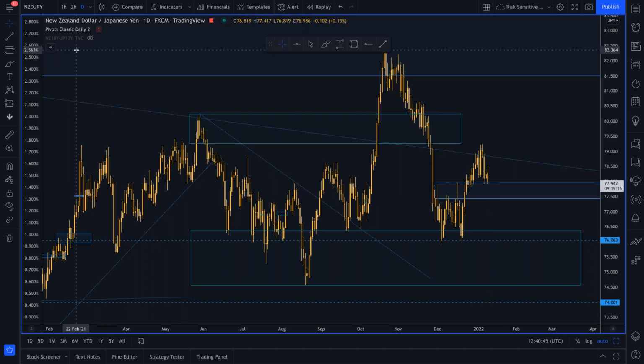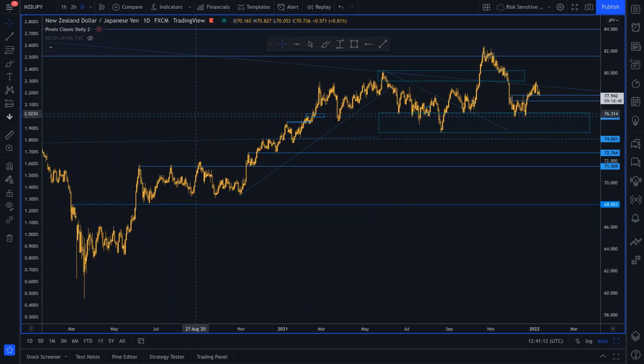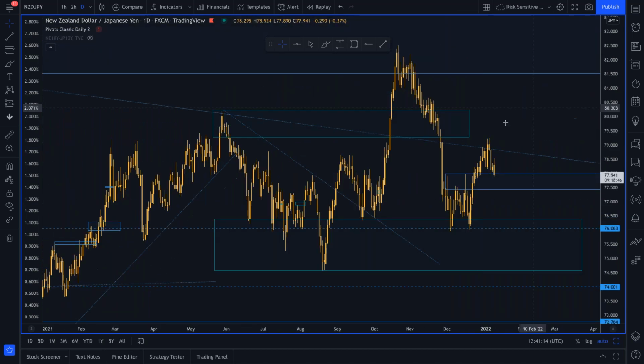Now, the interesting thing about this pair is that the Reserve Bank of New Zealand projects to raise interest rates to 2.6% by the end of 2023. So in other words, they're expecting to go on a very large interest rate hike profile. They're currently at 0.75%, so they've got to go just short of 200 basis points higher. When a central bank raises interest rates, that supports the currency. So you can see the New Zealand dollar has been supported, and should continue to be supported.